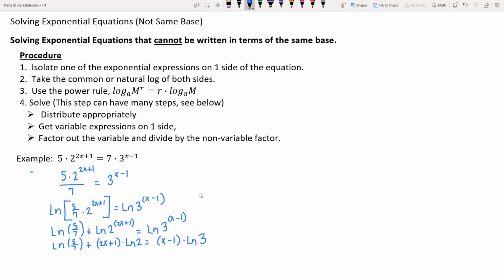Then go ahead and distribute. So the natural log of 5/7 equals, distribute that natural log of 2 on 2x plus 1, and you get